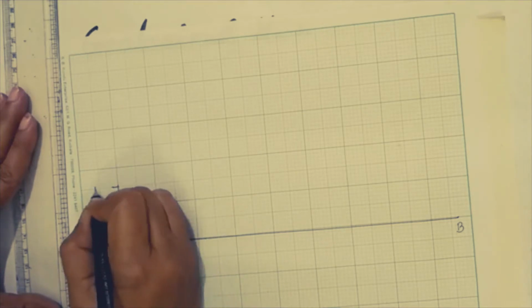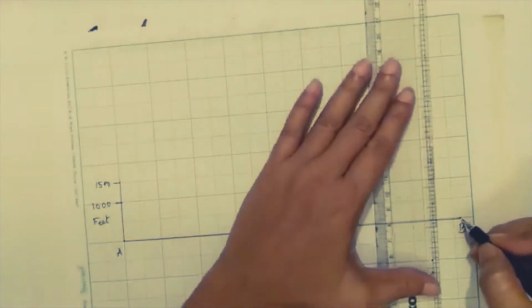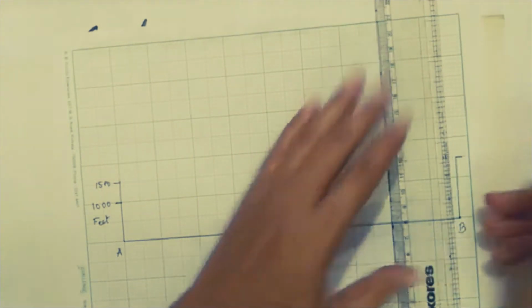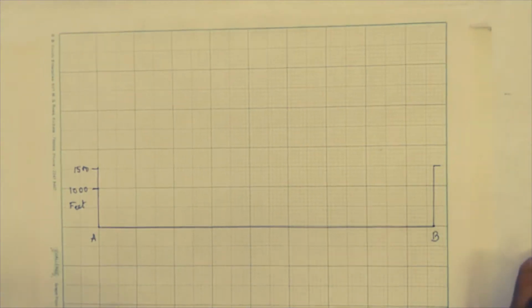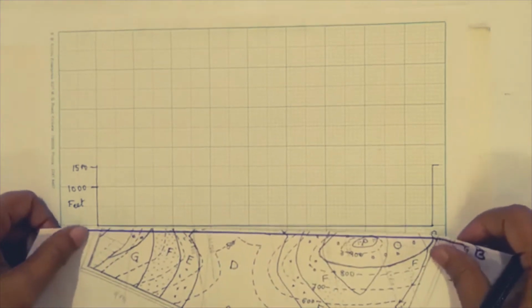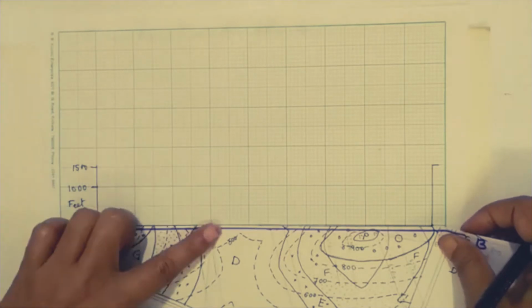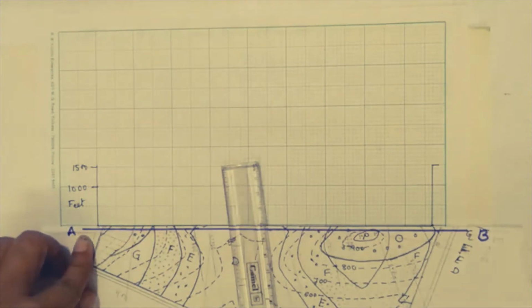Okay, 15 feet, and so on. Here also you can draw the vertical scale according to the map scale. First thing you have to draw, all have to follow the principle, follow the alignment of contour. Just put your map in a section line with the graph paper and take a scale,